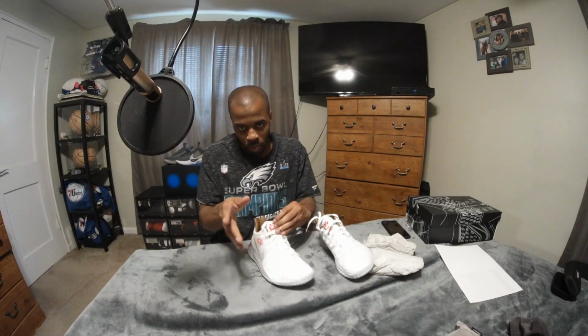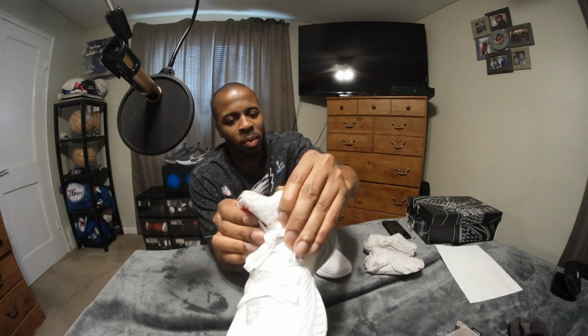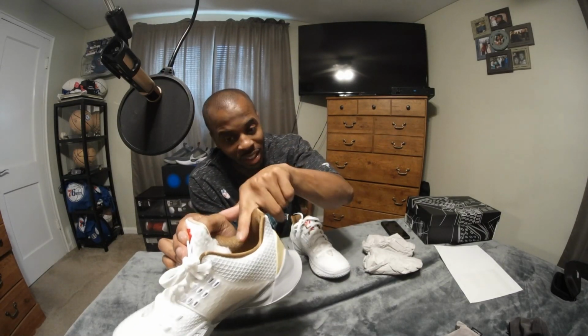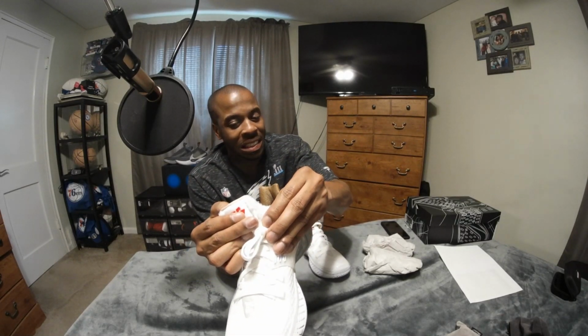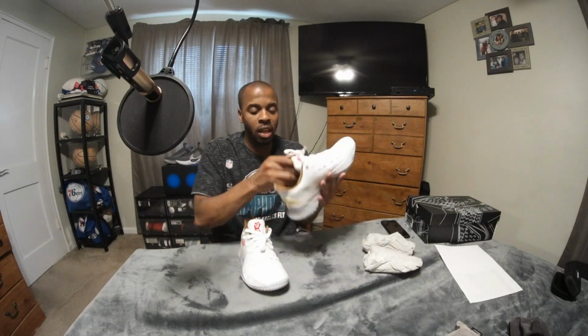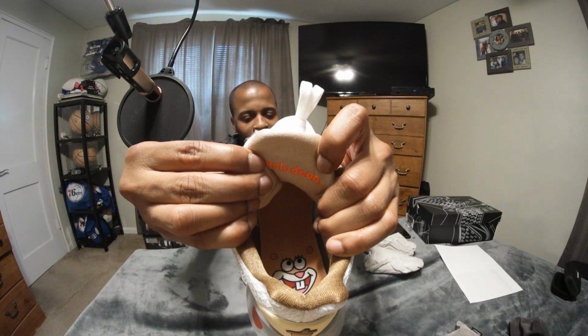But there's differences between the left and the right, in particular the tongue. Now, if you look on it, you can see like this kind of represents the tail, right? It would have been this color, but I guess Nike elected to do this for some odd reason. Or you could say that this represents her hair, sorta. The one thing that is cool that I haven't seen anybody reveal yet, at least on YouTube, is I noticed that people do look at the left side of the tongue, and on the inside it represents, like you can see Nickelodeon, but